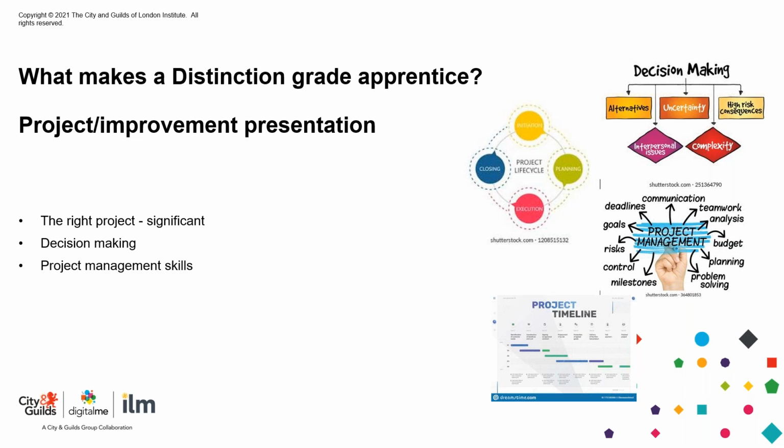An apprentice may well have a role in a wider company initiative. This is not a problem in itself, but they must be able to show what their individual responsibility was, what decisions they took, and why. A big red flag to an assessor is a constant reference to "we did this, we did that" in the presentation and in the answers, often leading to the question, well, what did you actually do?